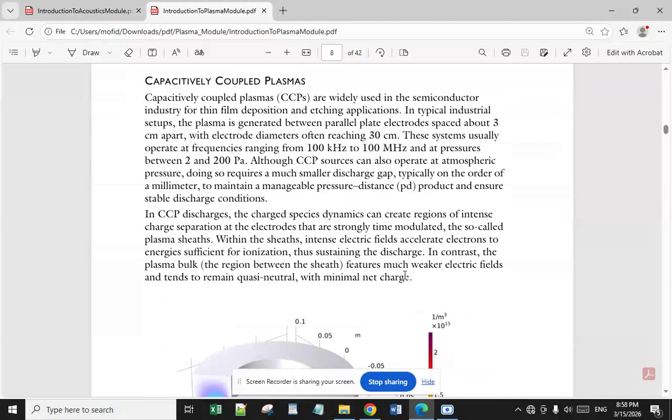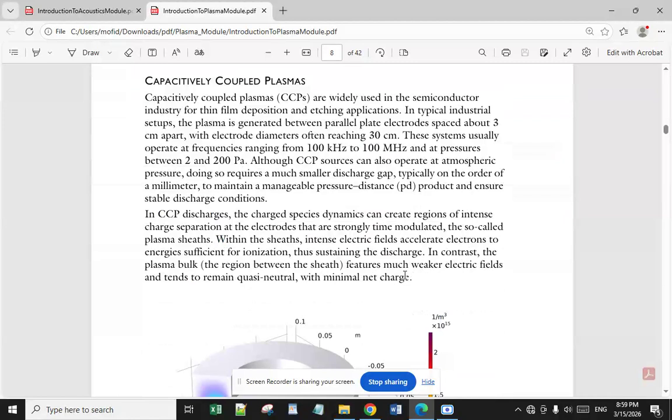These systems usually operate at frequencies ranging from 100 kHz to 100 MHz and at pressures between 2 and 200 Pascal. Although CCP sources can also operate at atmospheric pressure, doing so requires a much smaller discharge gap, typically on the order of a millimeter, to maintain a manageable pressure-distance (PD) product and ensure stable discharge conditions. In CCP,